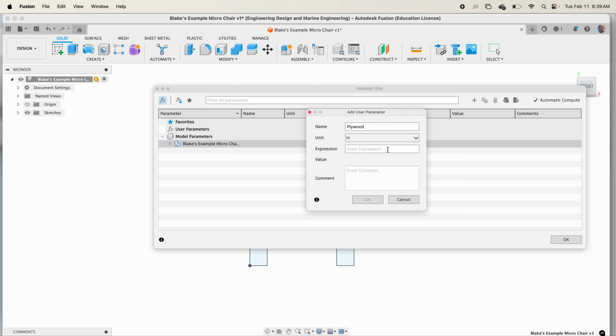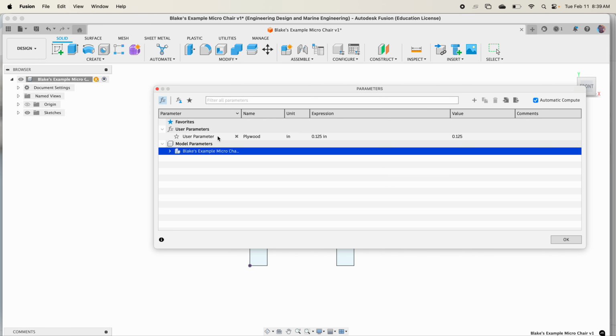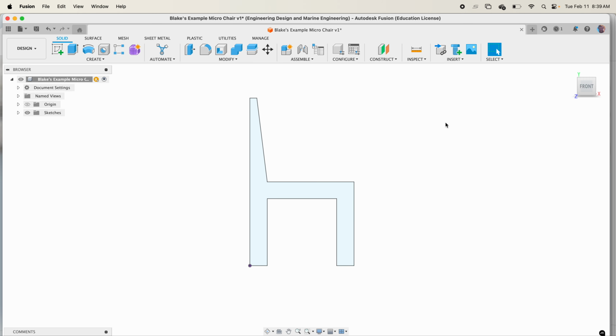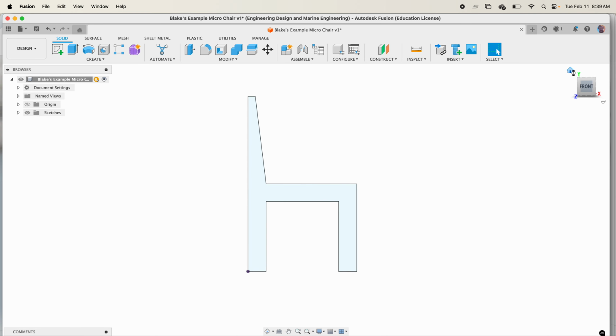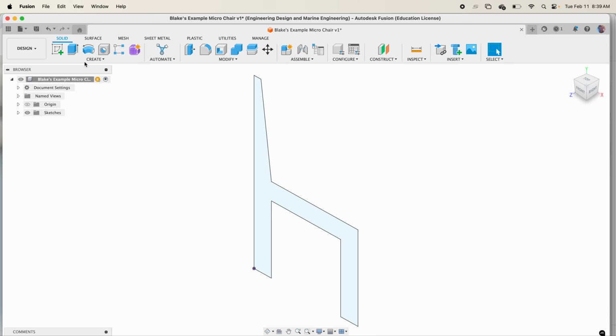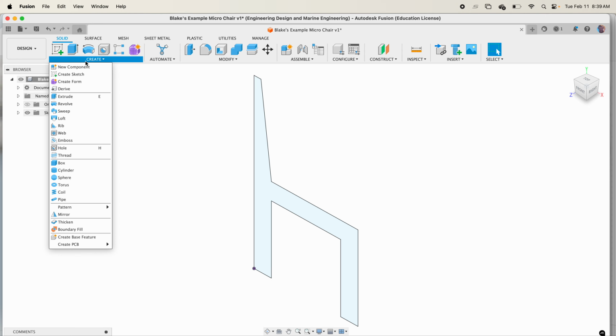I think the next thing I do here is make it 0.125. That's 1/8 of an inch, so 0.125 is the size of it. Click OK. Now we have a parameter called plywood. Click OK. All right. Now I'm going to orbit at this and look at it from perspective view by clicking on the home button. And I'm going to go to Create Extrude, or